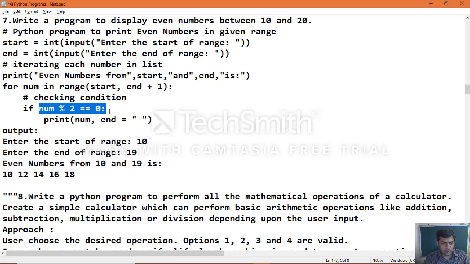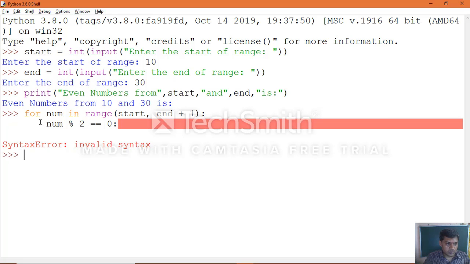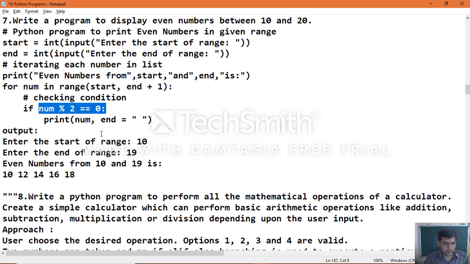We made a mistake here. For, then if, then print.